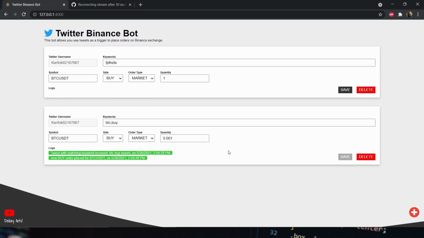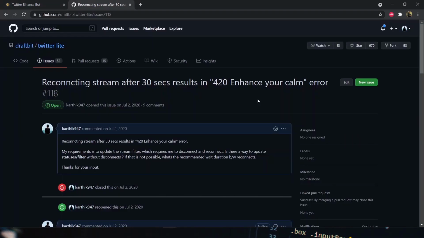One thing to keep in mind is that whenever we add a new trigger here, the bot automatically shuts down after 30 seconds and we need to manually restart it. The reason this happens is because of an open issue with a library that I use to handle streams in the code. This is only applicable if you're running the bot locally, but if you are running it on a server using PM2, you don't have to worry about it because PM2 automatically restarts the application when it shuts down.